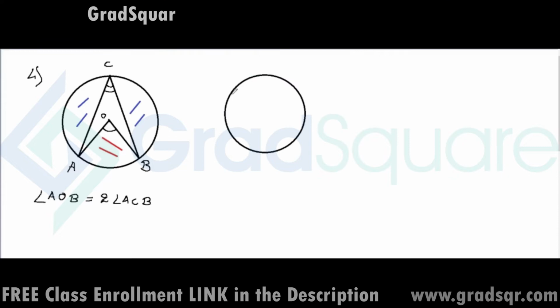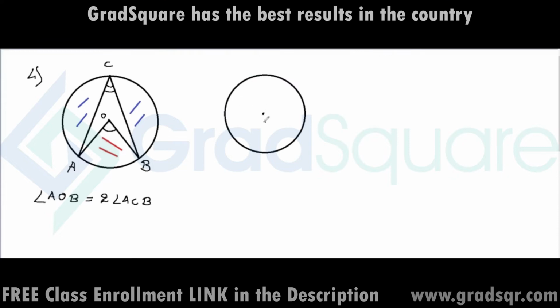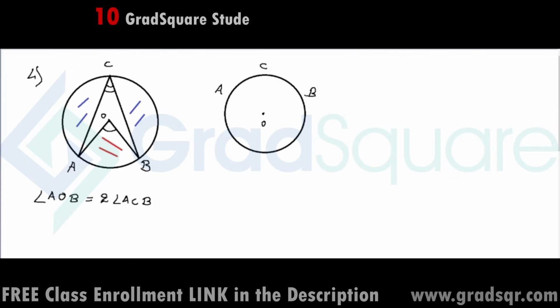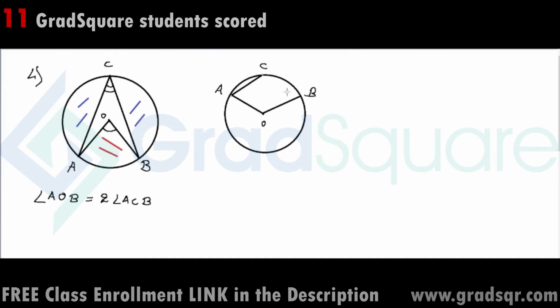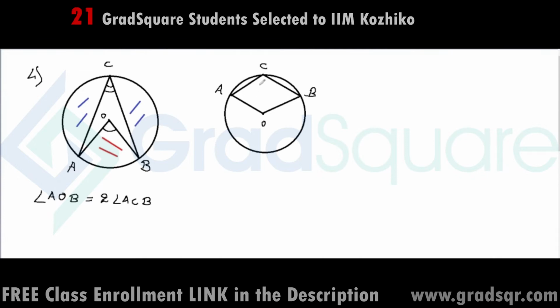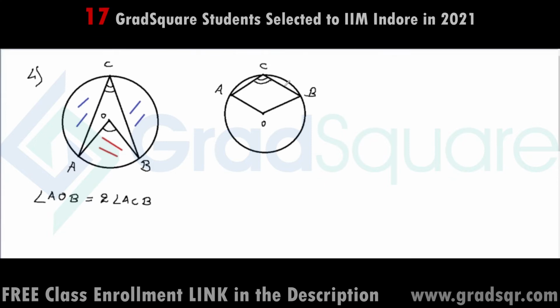So once again, let me take this circle with center O, but this time say points A and B are here and C is at the same place. And once again, let me join A and B with the center of the circle. Let me join A and B with C as well. So when I look at this figure, once again, I can say that angle ACB is the angle at the circumference of the circle. A and B are subtending angle ACB at the circumference of the circle.